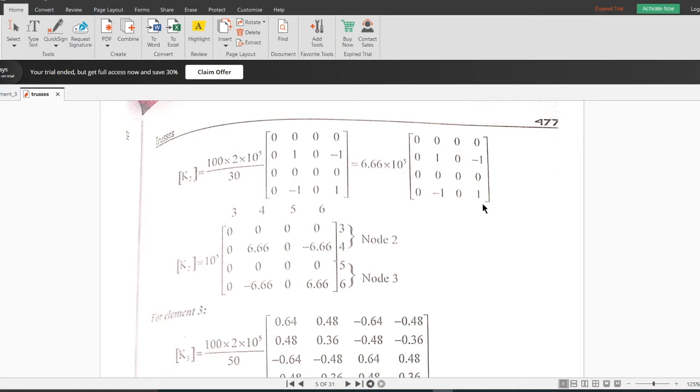Again, note element 2 belongs to what nodes? Node 2 and 3. Therefore, corresponding displacements are 3, 4, 5, 6, 3, 4, 5, 6. Correct now? See the element model figure. The row numbers and column numbers are very important because when you are adding the global stiffness matrix they will be useful. Otherwise, if you make mistakes here, the problem becomes wrong. So keep this in mind.